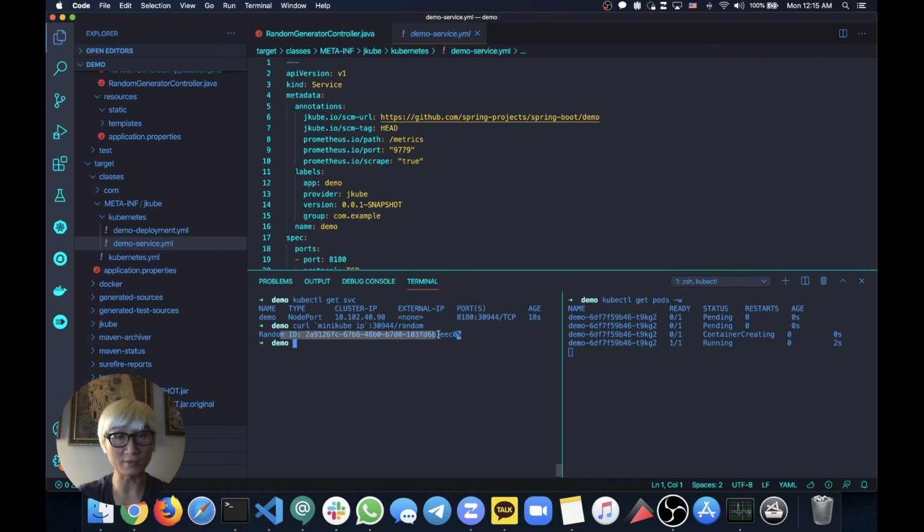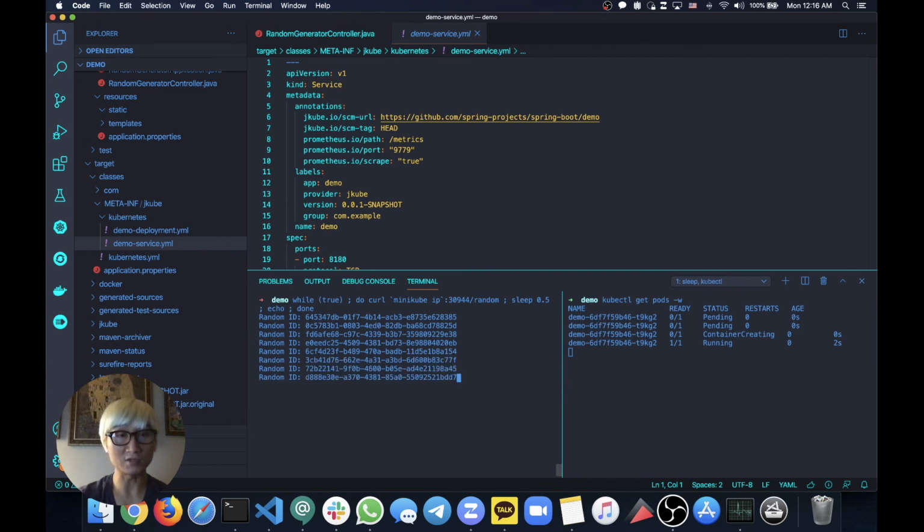So now we got the random ID and access to the Kubernetes cluster. We can also invoke this endpoint a couple more times using an infinite while loop, just like we did in a local test environment. Just copy the previous command line. Let's use a sleep of maybe 0.5 seconds at this moment, and done. So now you can see it keeps generating different random IDs when you access the same application